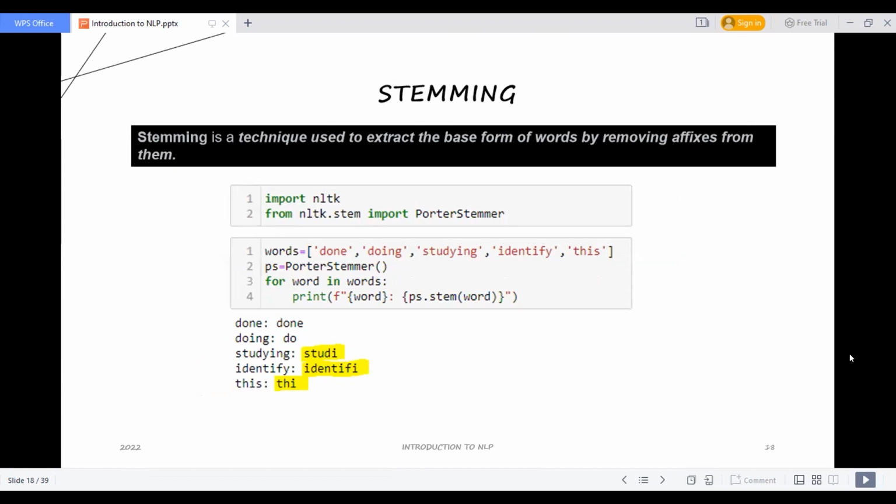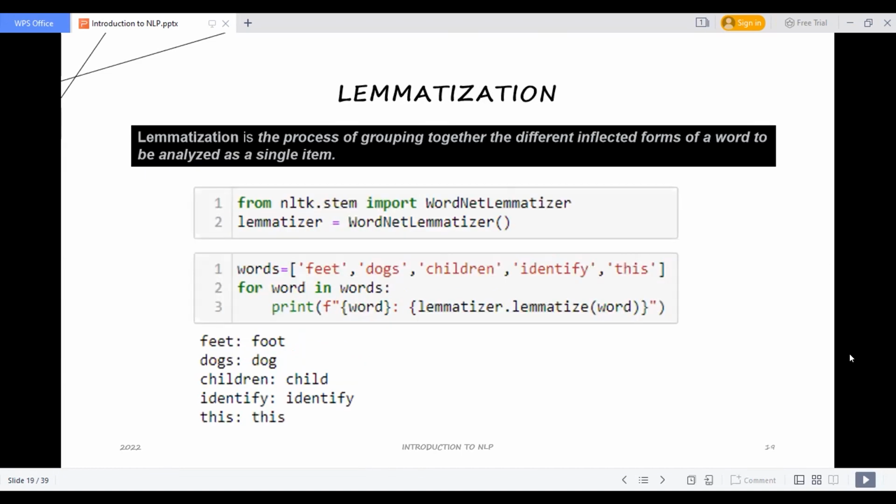In stemming, it will remove the s portion from this, but in lemmatization this does not happen; it keeps this as this. Again, for lemmatization we have the NLTK library. We just need to import the WordNet lemmatizer and we can do the lemmatization.